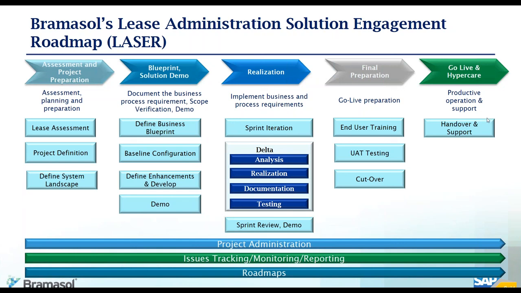So there are always deltas. Delta means where we need deeper analysis, because sometimes the business is not even clear about what their expectations are in the future state, because accounting is still working on that. All those will be part of the delta. And once they arrive at a firm decision, we realize and document, and then again the sprint iterative cycles happen.